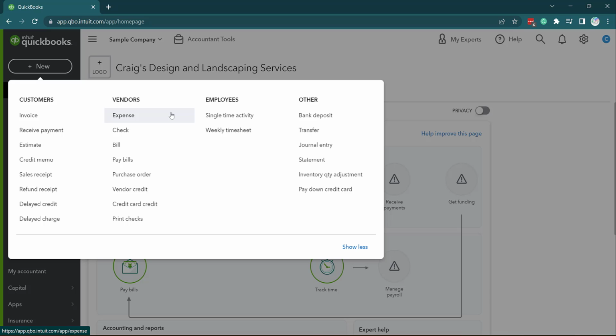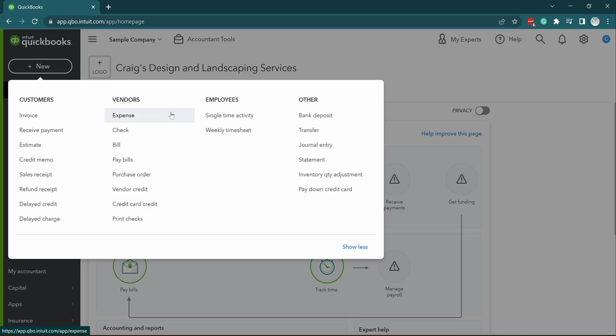And when we have an expense, this is something that we're going to pay right away. Okay, so it could be you going to an office supply store and making a purchase for paper. It could be you going to a specialty store and purchasing product for resale or some sort of supplies. But it's something where when you go and you purchase that particular item or that particular service, you are paying